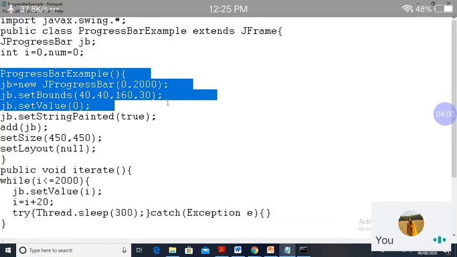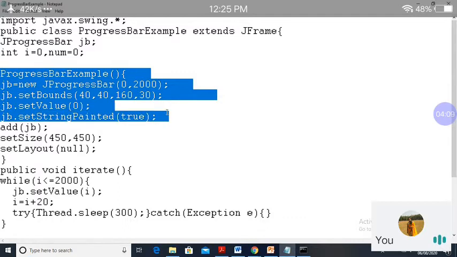The initial value is set as 0 with the help of the setValue function, jb.setValue(0). Next method I have used is setStringPainted, as jb.setStringPainted(true). The boolean value is true here.